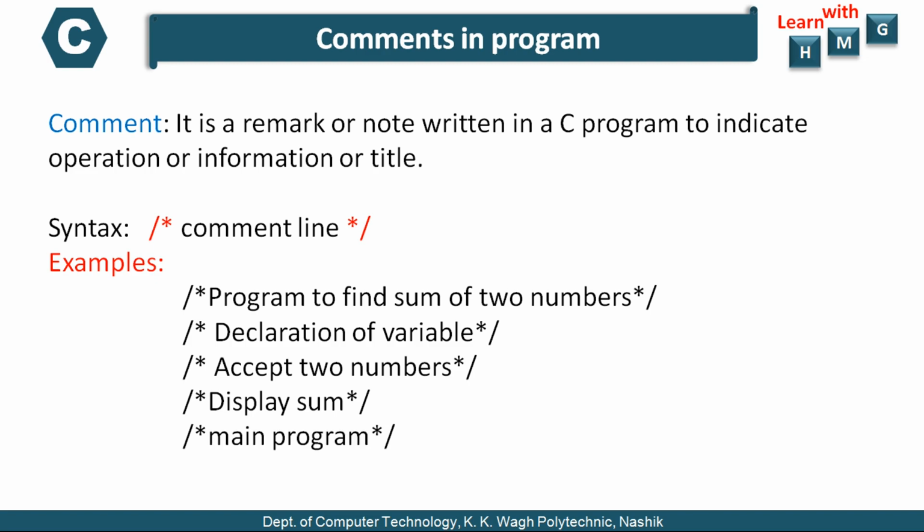So these are some examples of comments, and in this way you can have comments in your C program. You may ask that if the compiler skips the comments, then why are they required in a C program, why not skip them? These comments are not required for the compiler, they are required for the programmer who writes the program or who reads others' programs. Whenever you are referring to others' programs, and if comments are included in that program, it is easy to understand the logic of the program and how the problem is solved in terms of a C program. That's why these comments are very useful to understand the concept or the logic of the program and the sequence of the program solution for the programmer.